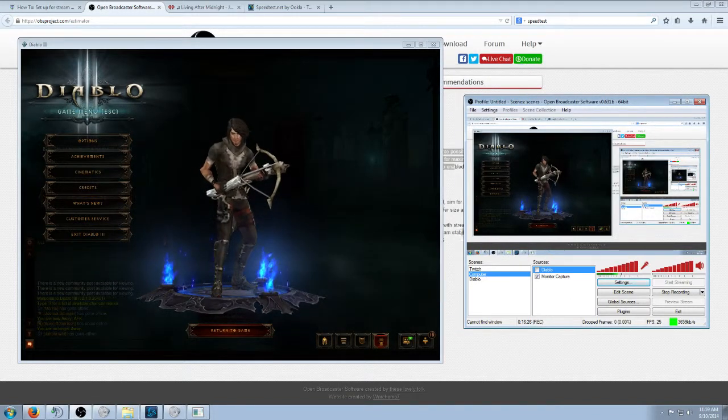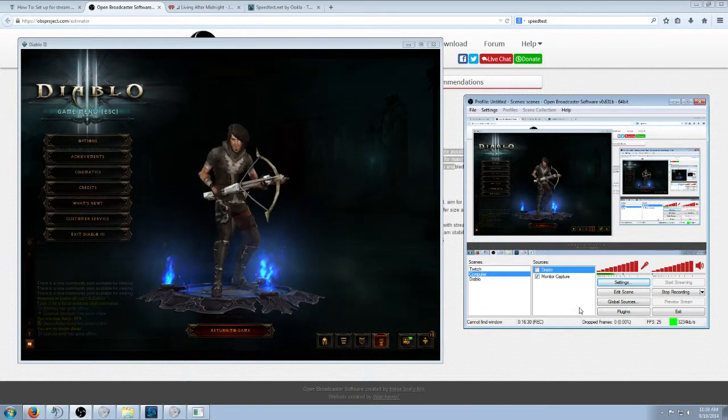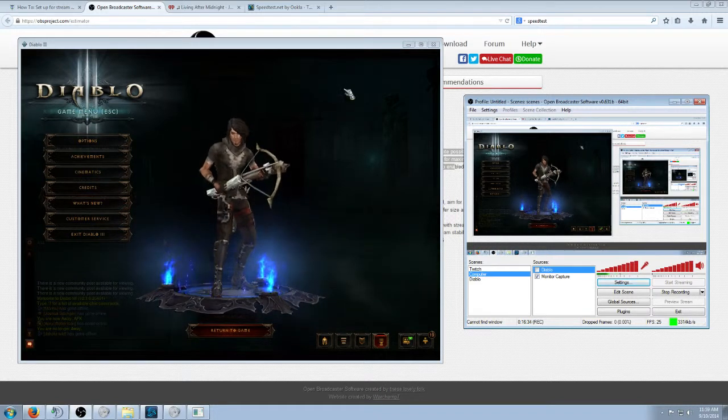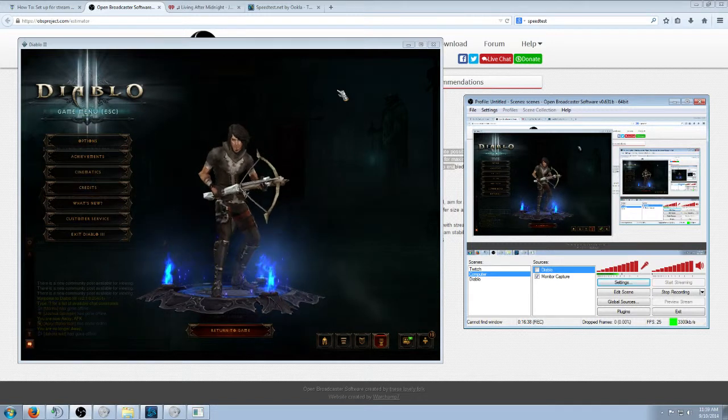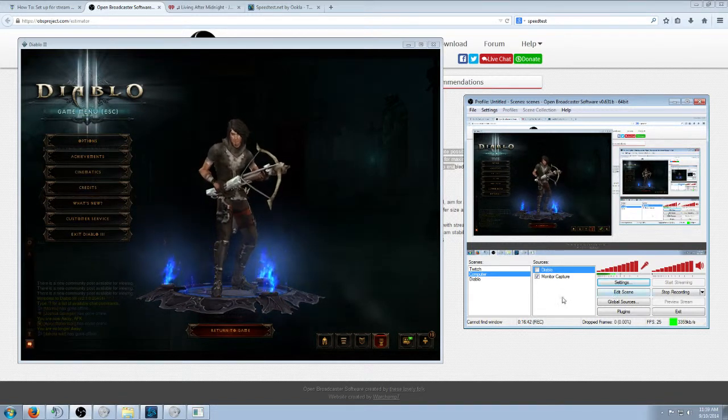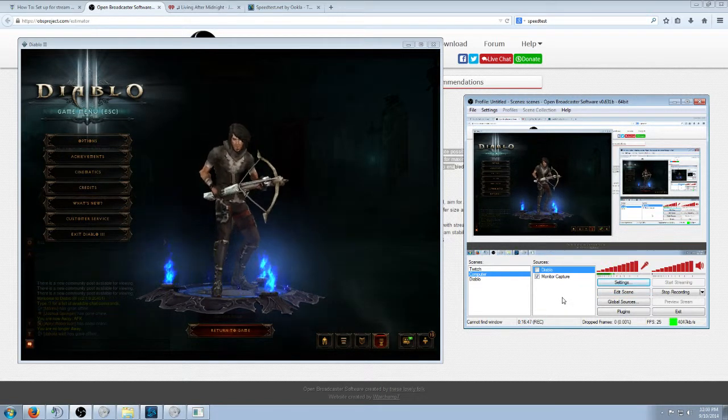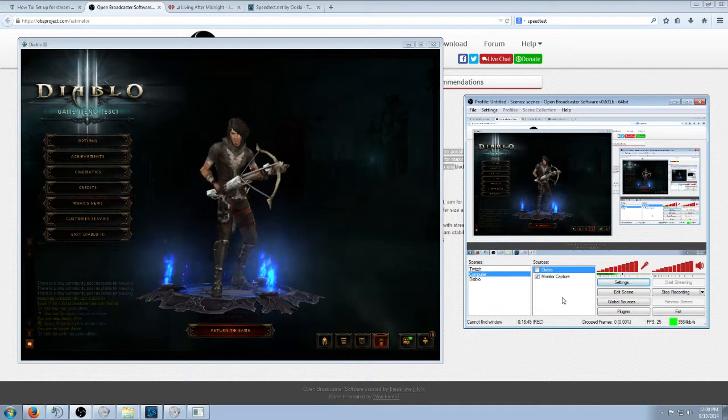So, yeah, that's how you do open broadcasting software, how to set up a game to record through it, and how to do a decently good quality on it. If you guys have any other questions on setting up a game to record or setting up open broadcasting software to do different things, you can ask me either on TeamSpeak